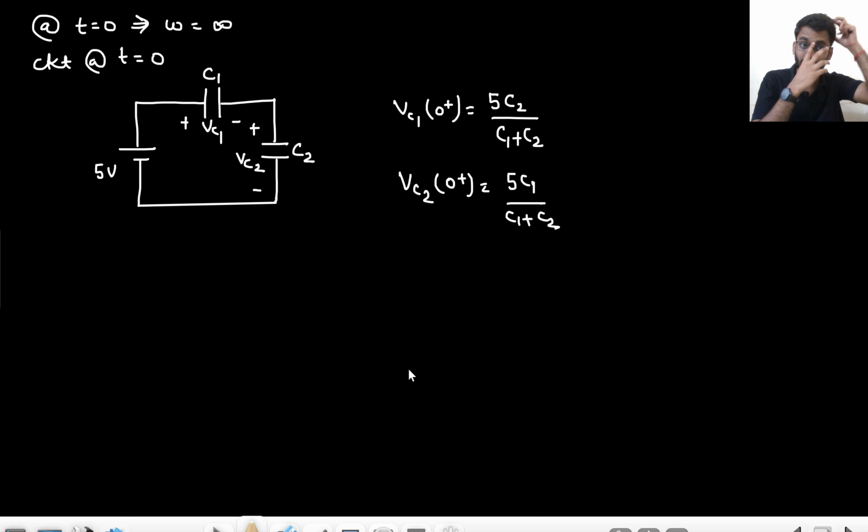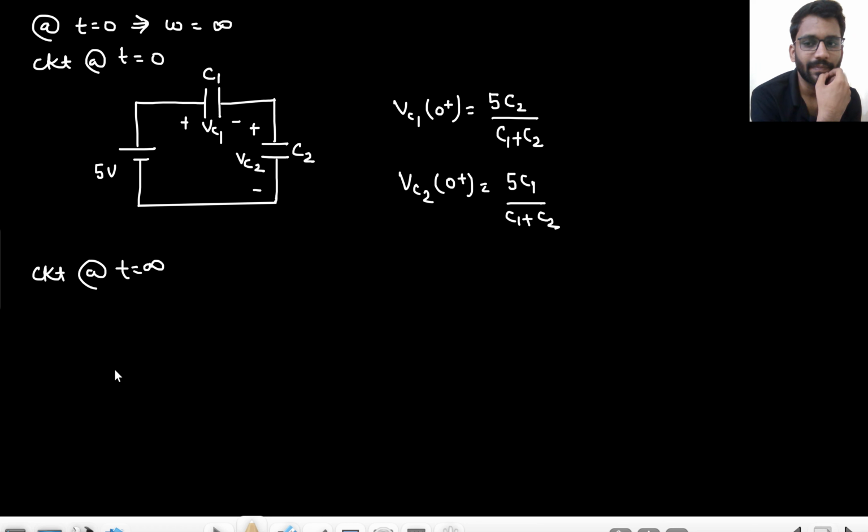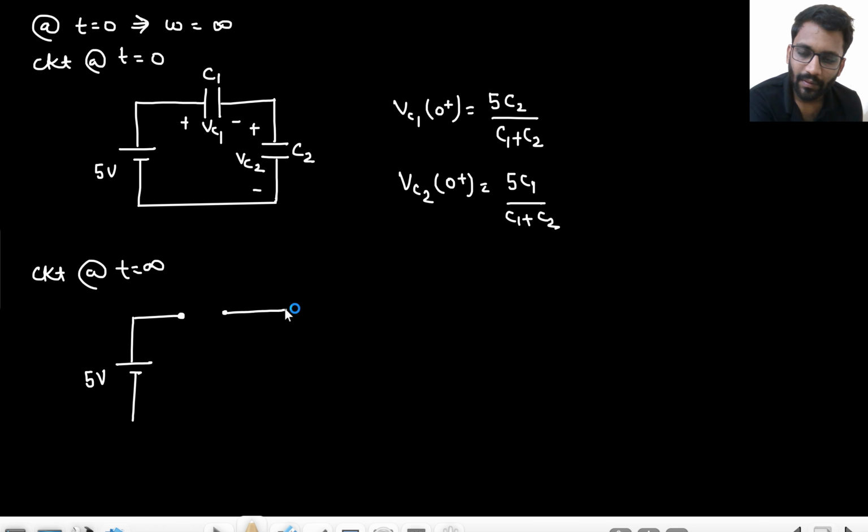We will later on talk about the current. Okay. So, and what will be the circuit at t equals to infinity? Circuit at t equals to infinity. That will be this voltage 5 volt. Okay. This capacitor will also be shorted. Sorry, open circuited, not shorted. This capacitor will also be open circuited, but the resistance will be there. This resistance will be there,